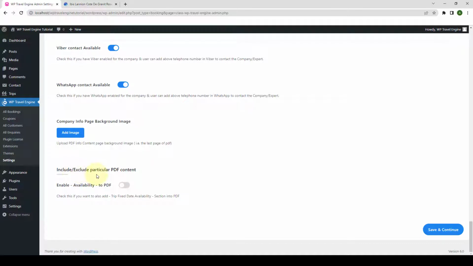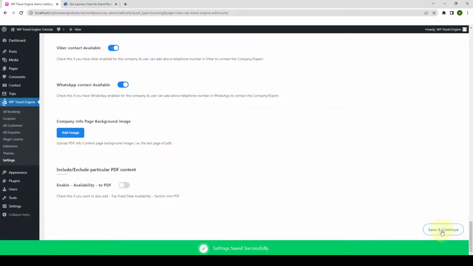Now there is one more option, that is to include or exclude the particular PDF content. If you want to also add trip fixed date availability section into PDF, then you can enable this option. So right now the trip fixed starting dates plugin is not yet activated. So what I will do is click on Save and Continue to save all of the changes that we have